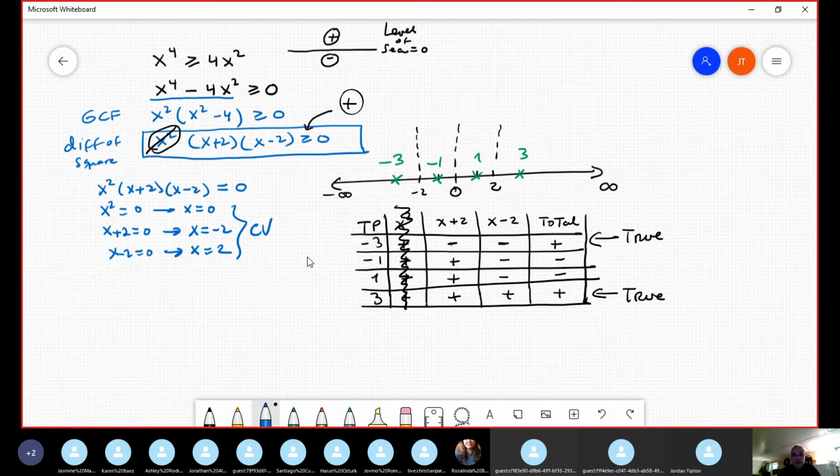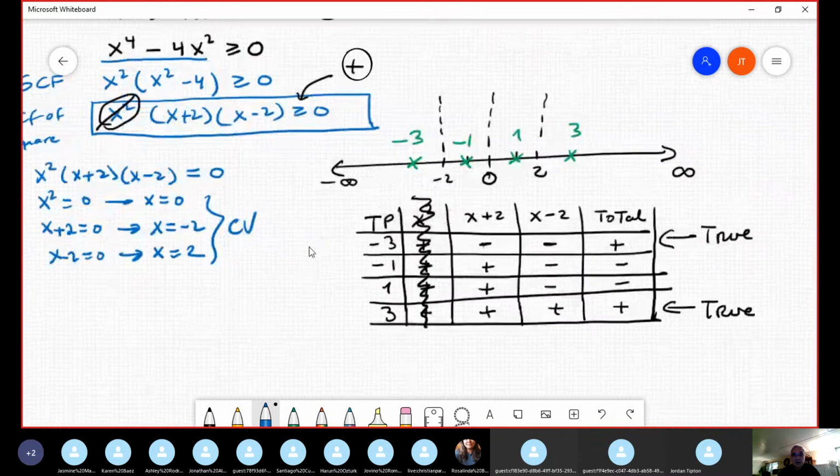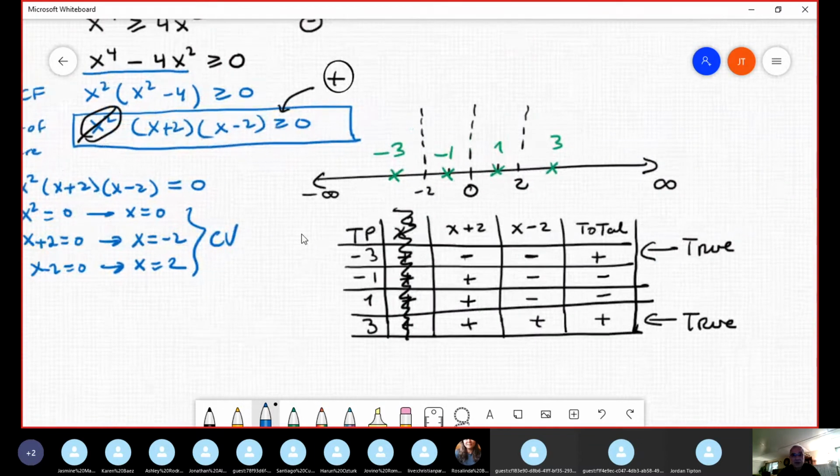Okay, let me zoom in a little bit. Okay, look. The testing point that passed the test is this one. And negative 3 passed the test. This continues forever in that direction. This one failed, and this one passed. The new thing that this example brings is that it's greater than or equal, which includes the endpoint. So this endpoint is included, bracket. So basically it's the solution for the